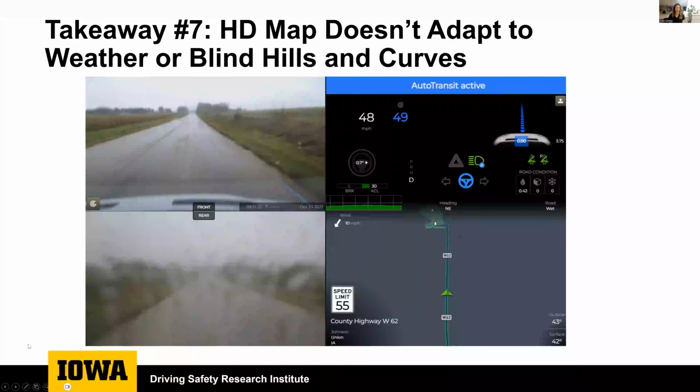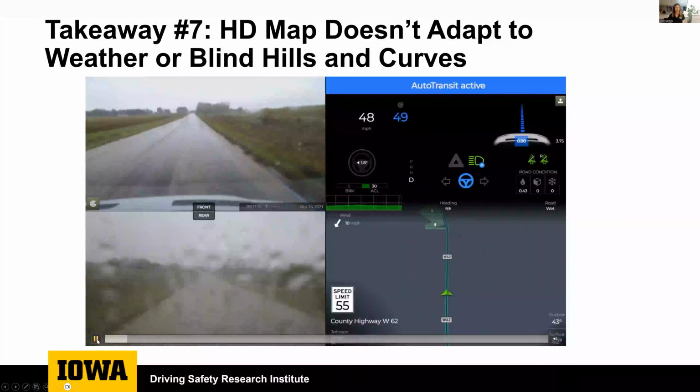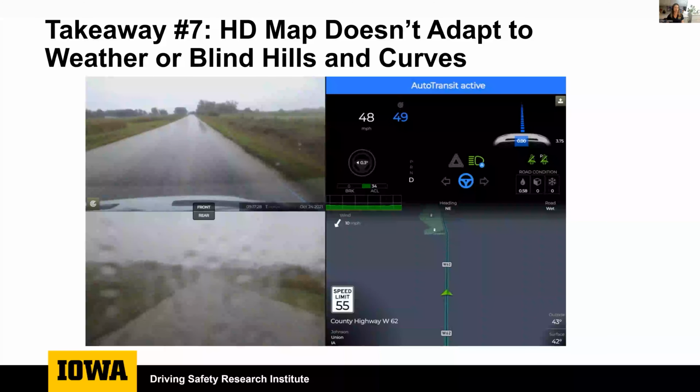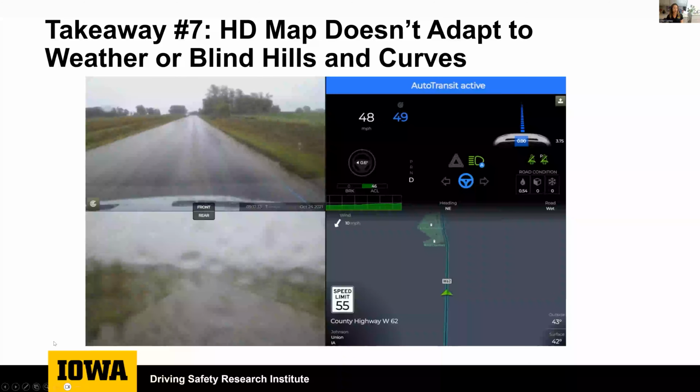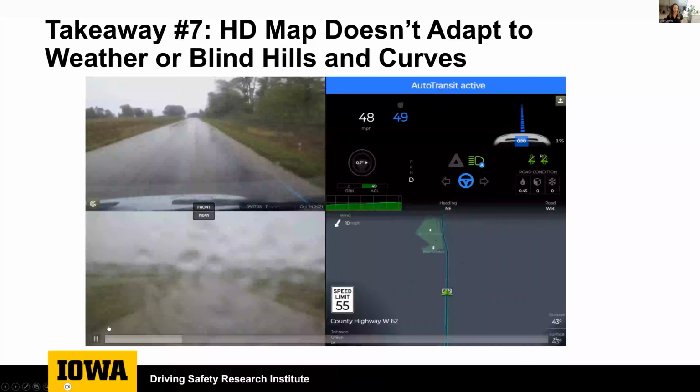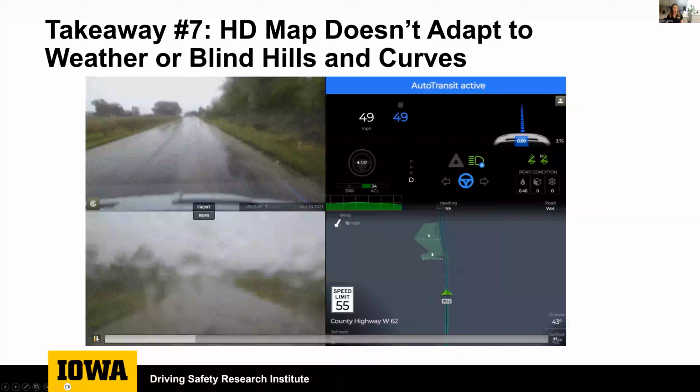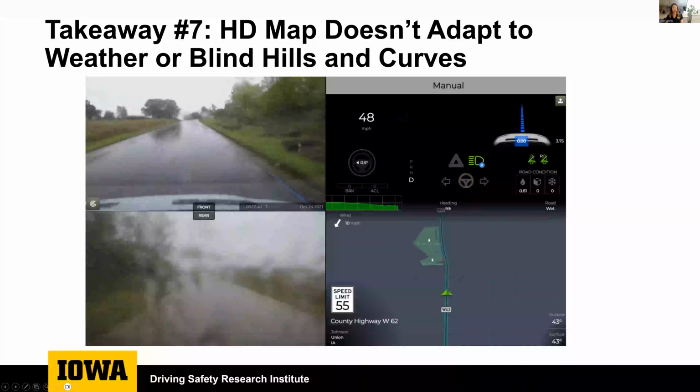But there are situations in which a typical driver would reduce their speed below the posted speed limit. And one of these situations is when environmental conditions, such as hard rain or snow or ice, impact the roadway surface. We have a sensor on our transit that collects surface temperature. It can calculate the coefficient of friction, but it's not able to process this information and use it to modify the vehicle's speed in any way. So the transit will continue to drive at the posted speed regardless of these environmental conditions, which can be an issue.